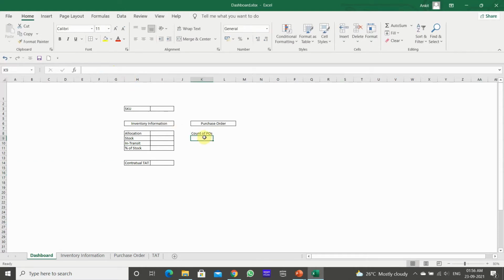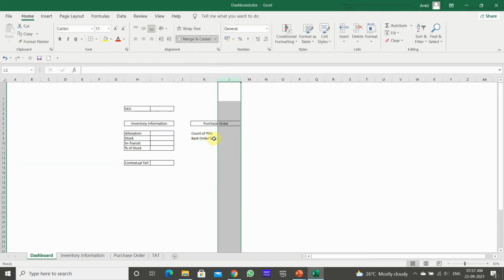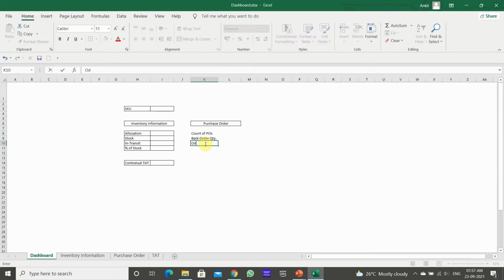The second one is back order quantity, that is how many quantities are with the vendor which need to be shipped by them. The order value as well. Put it here this way.